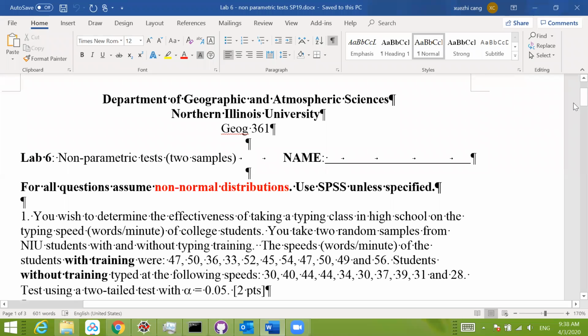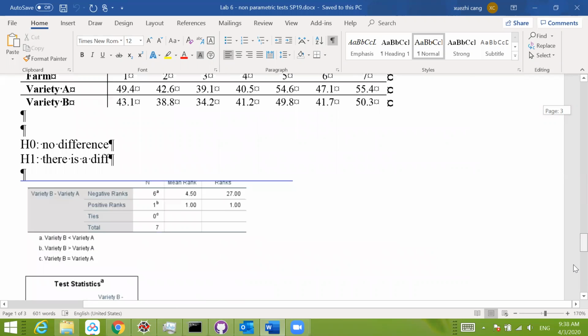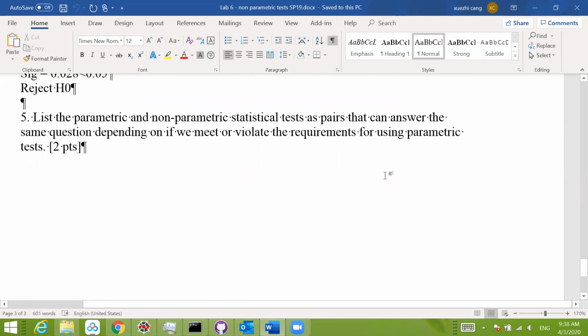So now let's go to the last question, question 5. In this question, we will not do any calculation, but this question gives us a chance to think about and summarize what we learned in these last 2 or 3 weeks. The question is asking